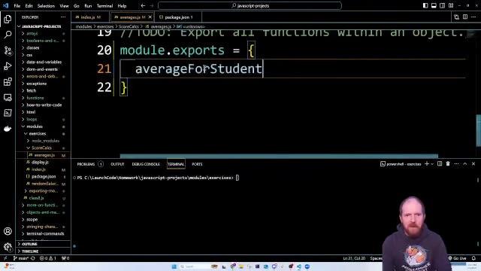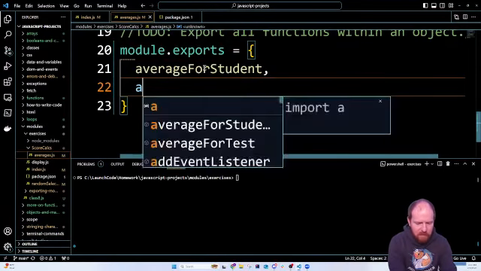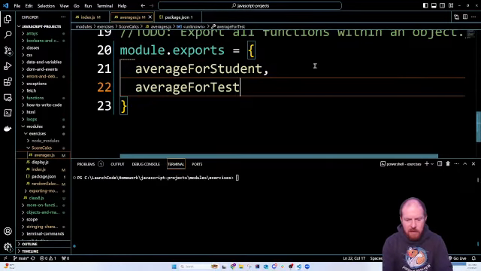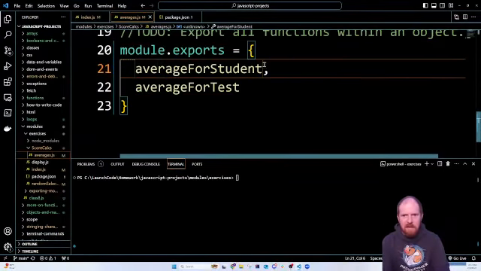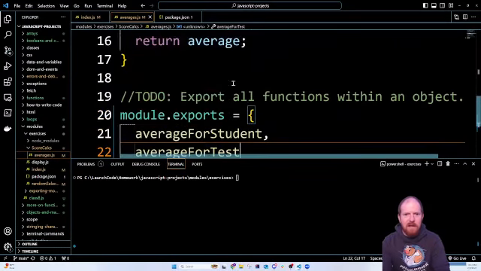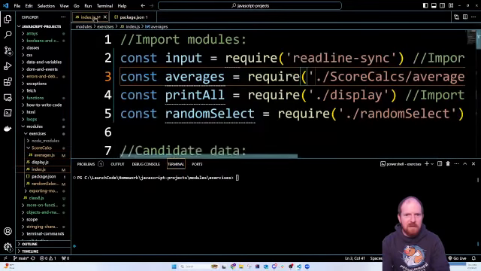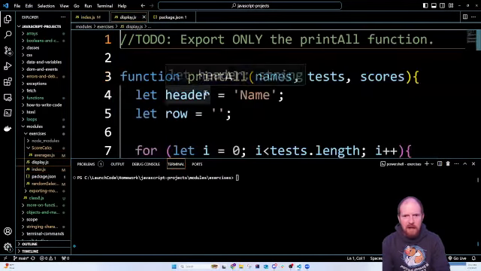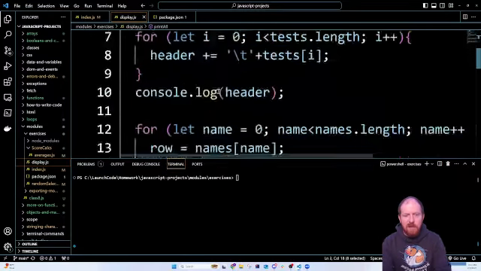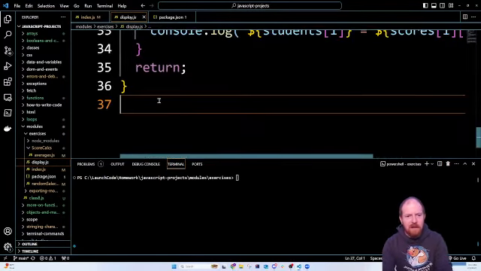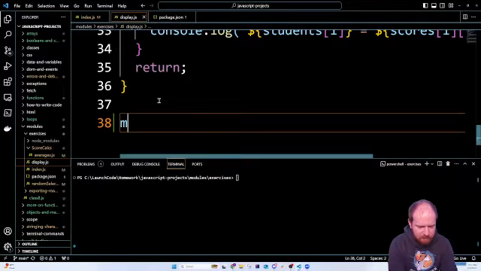But I do need to export both of these. And again, I'm doing the shortcut and I'm not actually typing in the colon with the other one because that's what I'm used to. I'm going to go to display. All I want here is the print all. So this is the one I was talking about with whenever I do this,